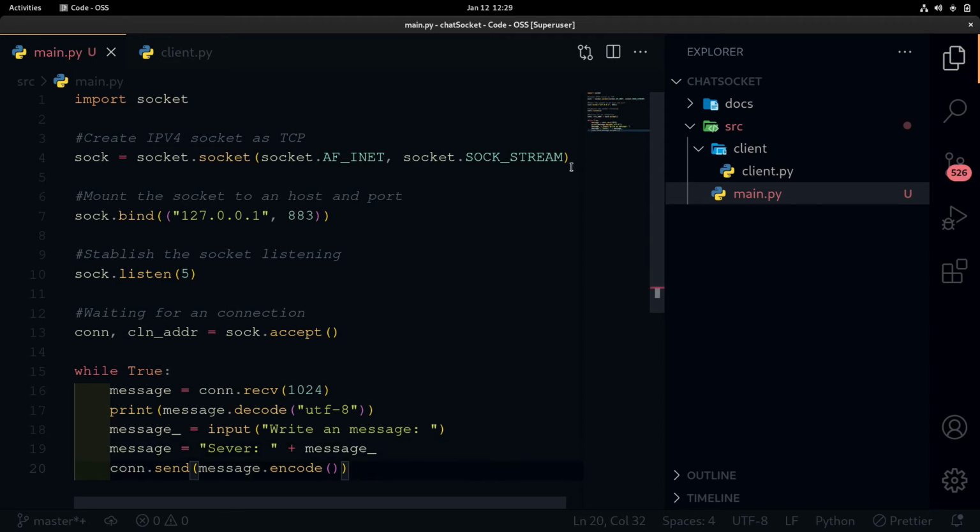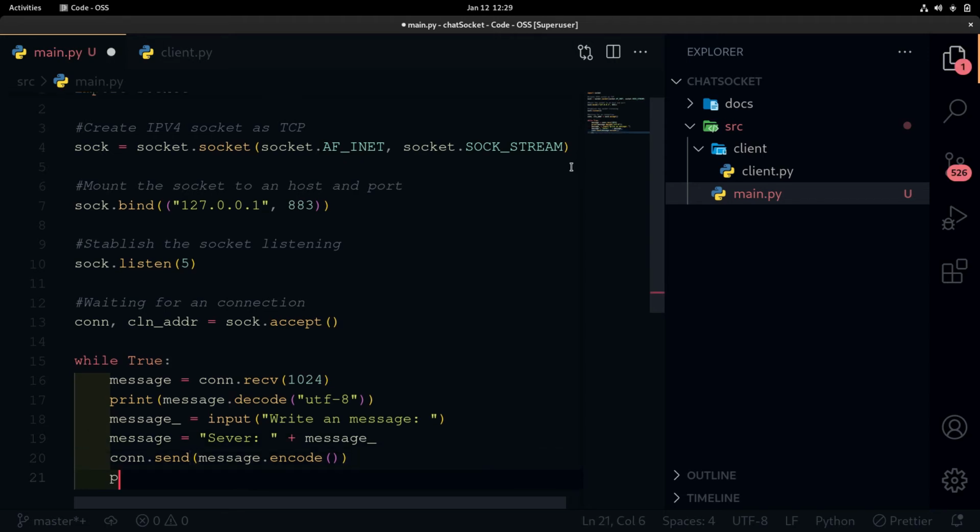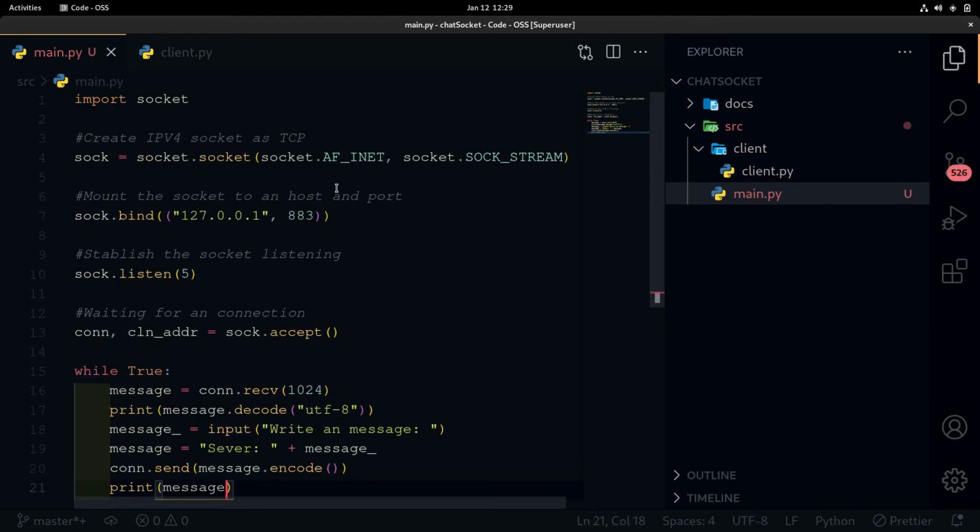Finally we encode that and send. When the message is sent, just print the message. Okay, I think that this is great.